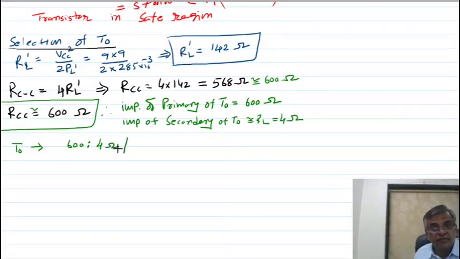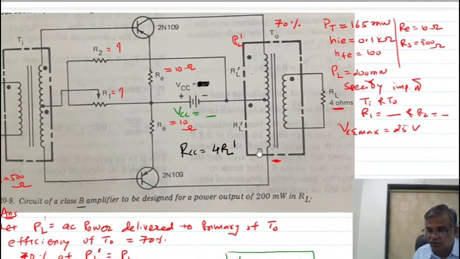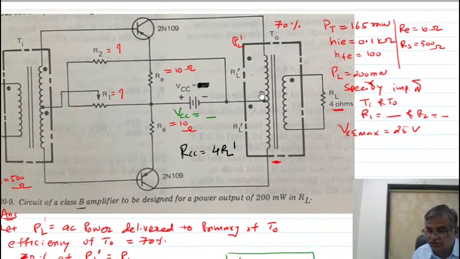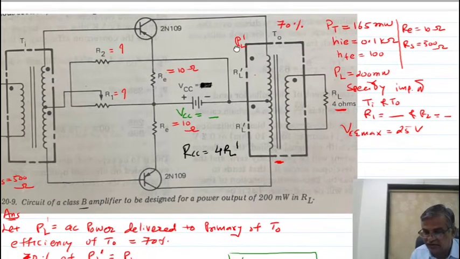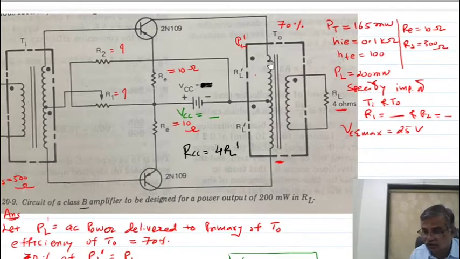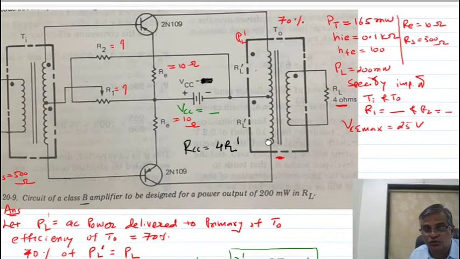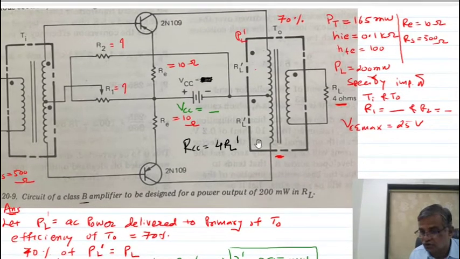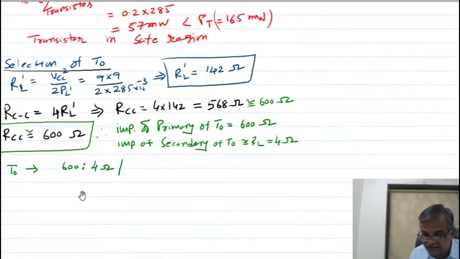Now what is the power rating? Remember power rating, this power, look here. How much power occurs here? 285 milliwatt. So this should bear at least 285 milliwatt, because PL dash will be how much? 285 milliwatt. So here the minimum capacity to handle the power should be 285 milliwatt. So power rating should be more than PL dash. So remember, more than PL dash means, what am I writing? 0.3 watt.